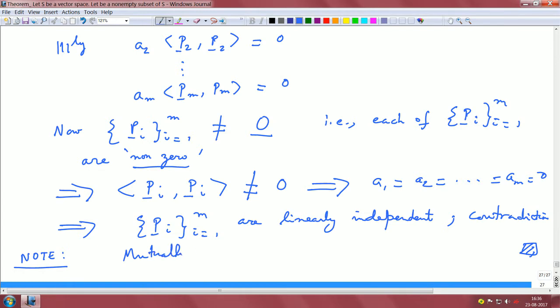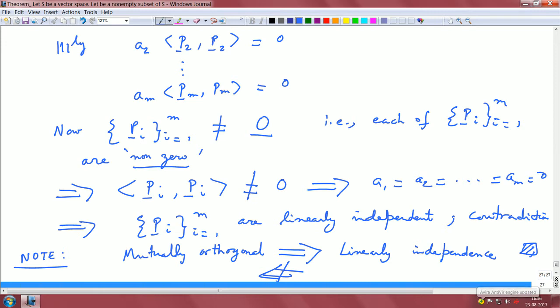because you have to get this picture very clear that if the vectors are mutually orthogonal, this implies that they are linearly independent, and the other way round it is not possible. It is not necessarily true. That means if you find vectors that are linearly independent, then they are not necessarily